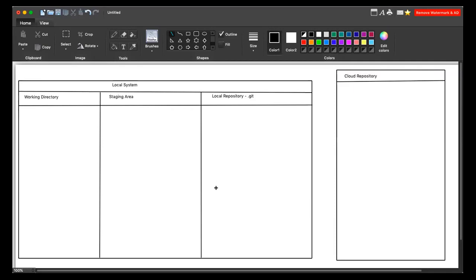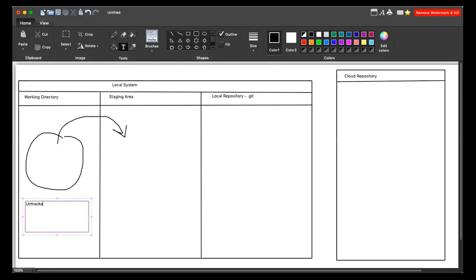First of all, you have the working directory where you make the changes. Here you create the files, folders, and everything. This is your local folder, or you can say the local files which you are creating here. Now, to get it tracked by the Git system, you have to move it to the staging area. Whichever file you keep in your working directory will show as untracked. When it is showing untracked, it means it is known to the local system, not tracked by Git.